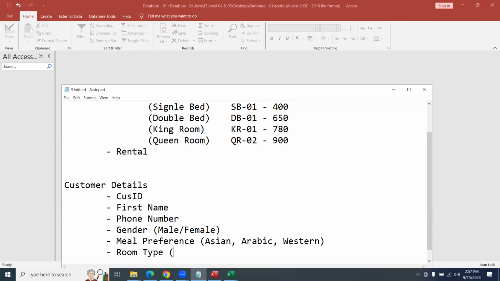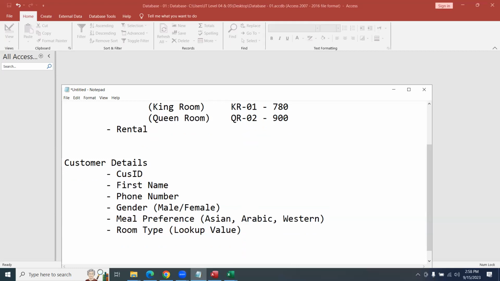Okay, now, king room. So you will type the room type here. You will do it with what? Lookup value. You know how to create a lookup value? So with this information, you will add it. Finally, once you're done,